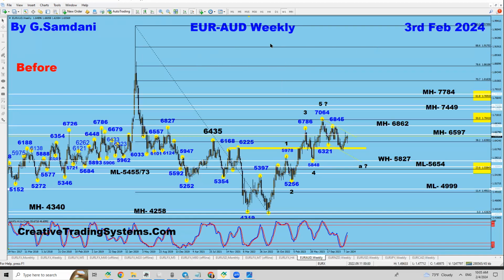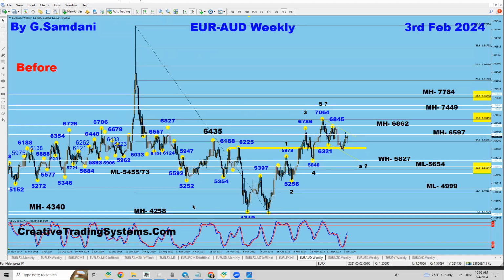But yeah, look at this pair, Euro-Aussie. I'm going to be looking at this based on the Aussie dollar index. So what the heck is that doing? Aussie right now is getting weaker. So it went up, right? And my take was that it's supposed to be coming down here for wave A. So 1, 2, 3, 4, 5, then A, B, C correction. So it needs to come down, but it's not coming down right now. So bottom line is, these are the couple of numbers, 65.97 to the top and 64.35